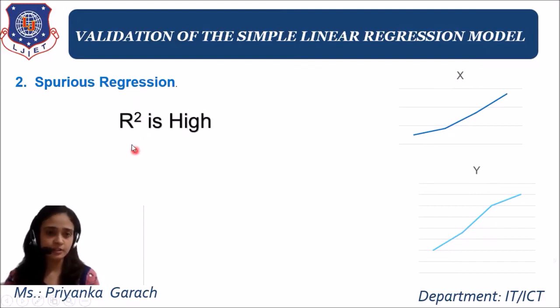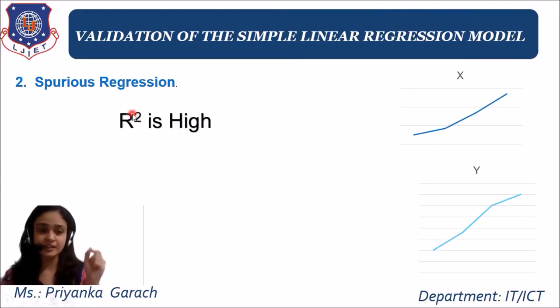So for this spurious regression, you will get the value of r square high. As you are getting the value of r square high, it means the percentage of accuracy you are getting is high. So it means my model is good, my model is a good fit. So you will conclude that. But over here, this spurious regression is giving us the illusion that it has a simple linear regression equation. It means there is some relation between x and y, but in reality it is not so. It is only the illusion. So in this illusion, you will also get the value of r square as high.